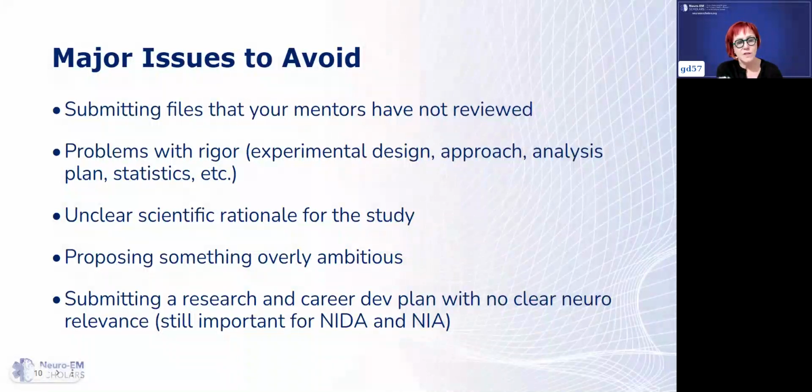And some major issues to avoid, as you've heard already from some people, is making sure that everybody has reviewed, and particularly all your mentors have reviewed your application, are in agreement to it, and that it is the best foot forward as you can do, and that it's very rigorous, that all of your statistical design and approaches are all lined up, that there is a clear rationale for why you want to do that study. It's not too overly ambitious. You're going to be able to accomplish it during that period of time that you have, the 3 years, and that